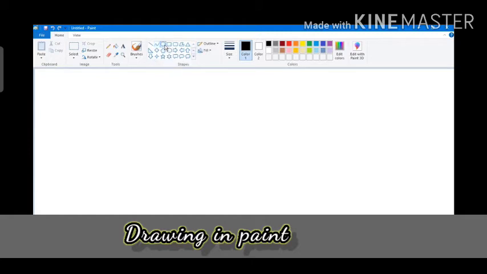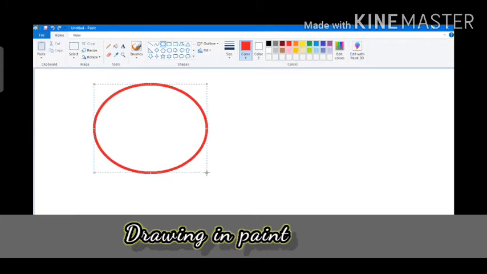Let us start with an oval. So for that you will be clicking on that, selecting the size. After that you will be selecting the color one. Let me color red color and outline. I will be selecting the solid one. And then fill. Which color and for which type of color you want to fill it, crayons or oil color or whichever. Now I will be drawing, this is the outline with the red color of an oval, and then solid color, this color I will be choosing yellow. See this. So this is the fill color, that means the color fills in it.